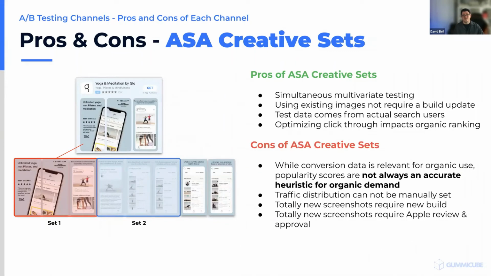Next, we look at Apple Search Ads creative set testing. It's a great A/B testing tool within Apple Search Ads. It allows for simultaneous multivariate testing of different creative sets as they appear in the search result, which helps you boost organic conversion within search. Now, the con of ASA creative set testing is that it does require budget. But if we had to tell a client where they should invest their money in A/B testing, if their primary concern is improving organic search rankings or boosting organic conversion within the Apple App Store, this is one of the best platforms to use for A/B testing.